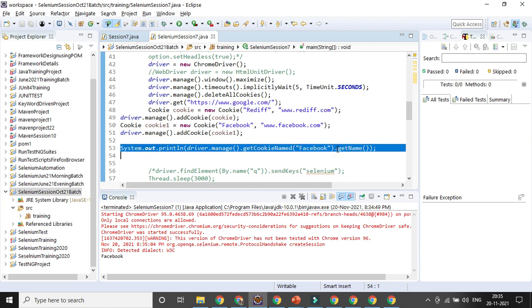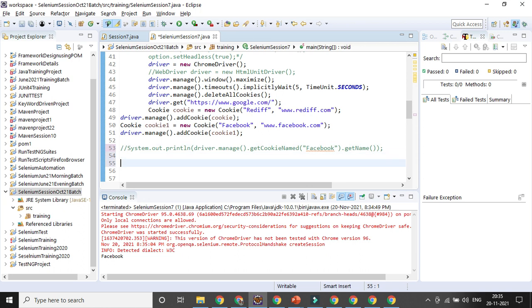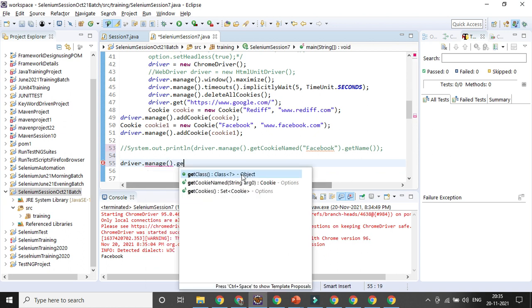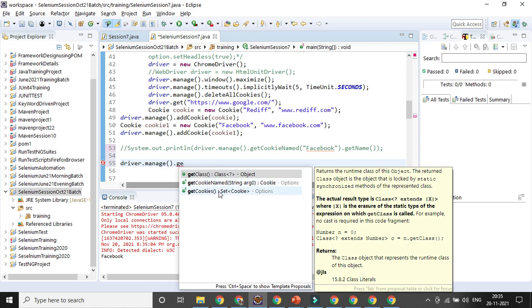In a similar way, if you want to get all the cookies you have entered, you can get them. You need to use another one: driver dot manage, then get cookies. I think that is the only option. You can see the return type is Set of cookies, so you need to use that.